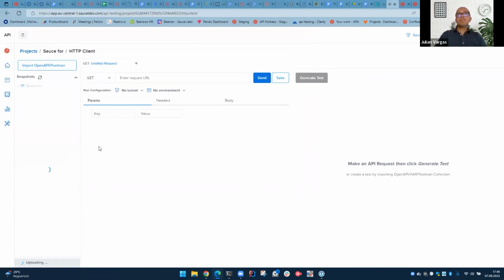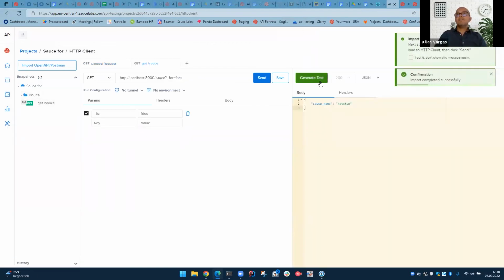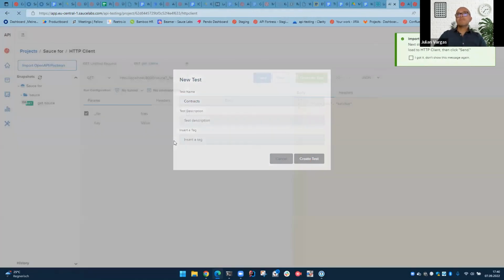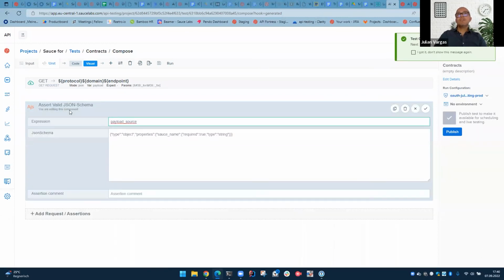This contract is an OpenAPI specification, right? And when I'm generating contract testing, I will have an additional assertion that will assure that the response that I receive from my server will have this particular configuration. So if I run, in this case, the test should pass, I suppose,